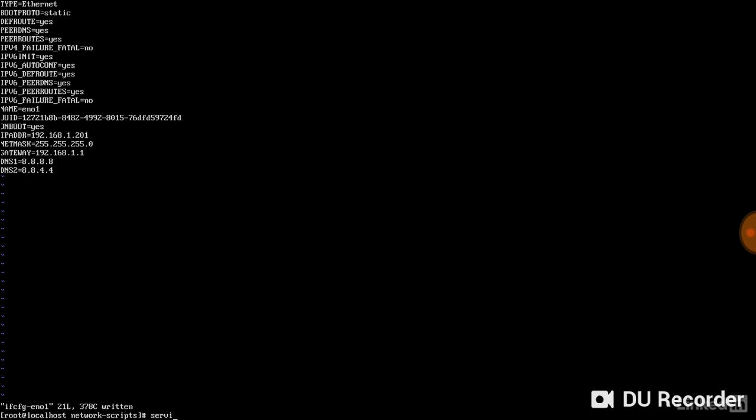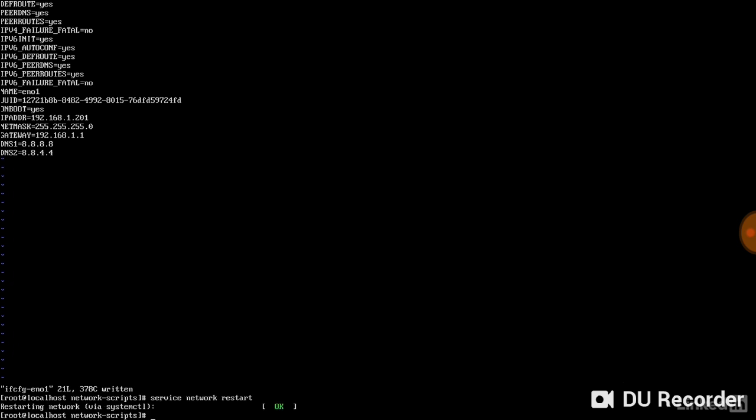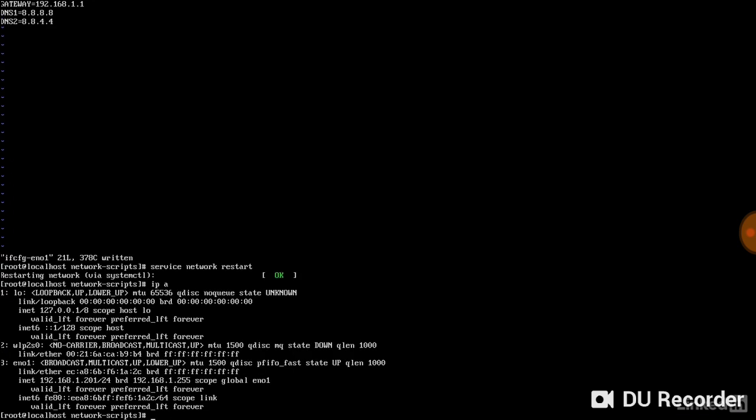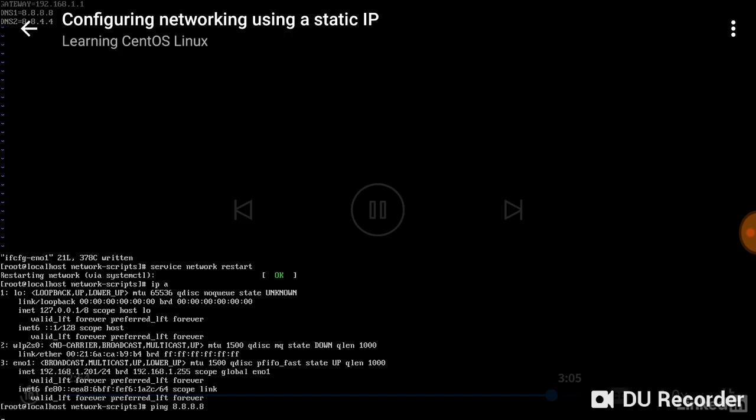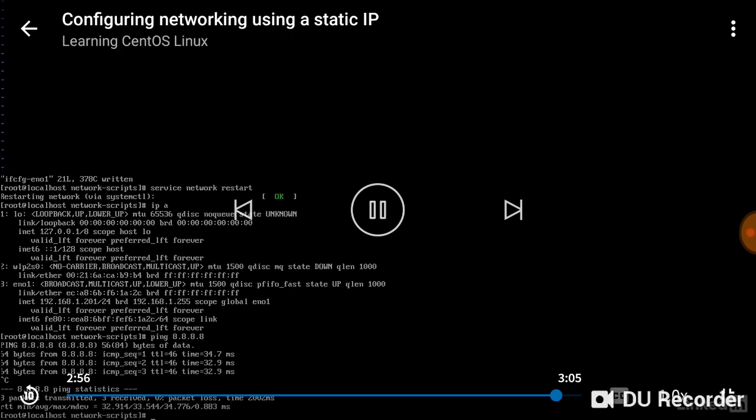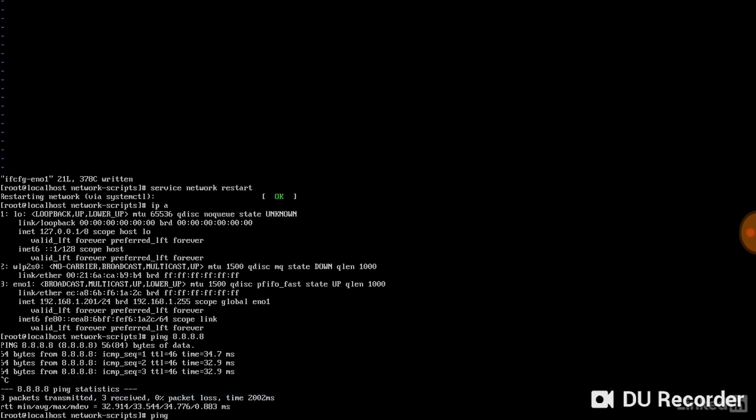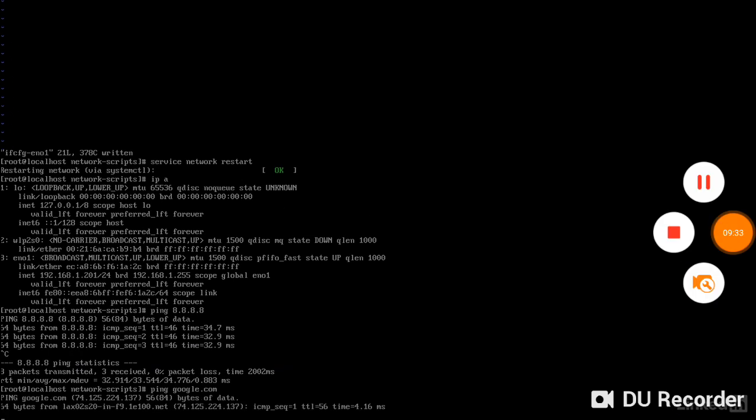I'll type service network restart, and I'll check out my IP address info with ip a. Here I can see that I have 192.168.1.201, and let's see if it works. I'll ping a DNS server. That seems to work. And I'll ping something that needs name resolution. And that's